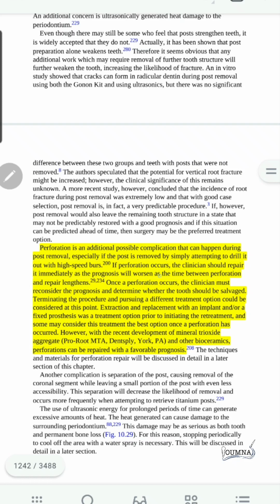Once the perforation occurs, the clinician must reconsider the prognosis and determine whether the tooth should be salvaged, terminating the procedure and considering different treatment options. For example, here, as you can see,